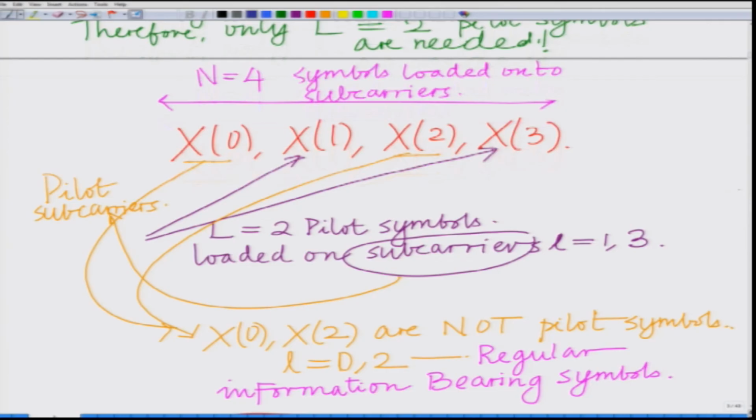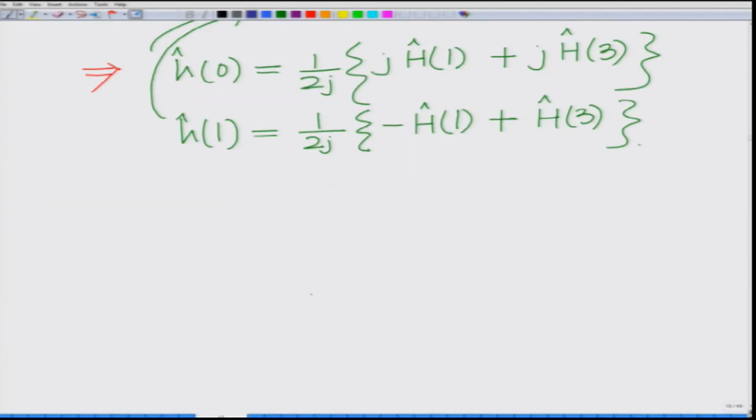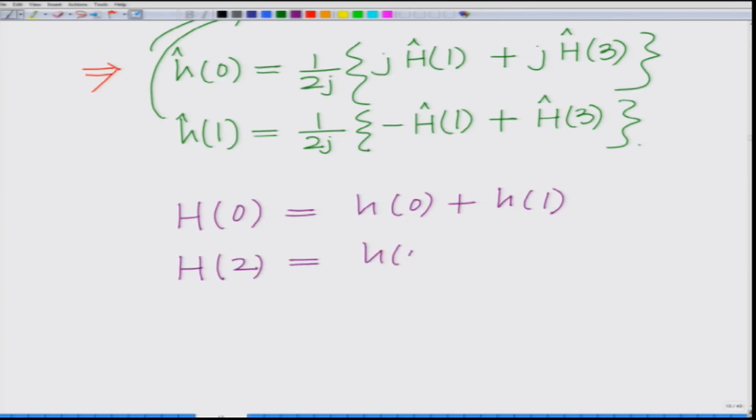So, interestingly, I have capital H 0 equals small h 0 plus small h 1, capital H 2 equals small h 0 minus small h 1, and now I can do these estimates as capital H hat 2 equals